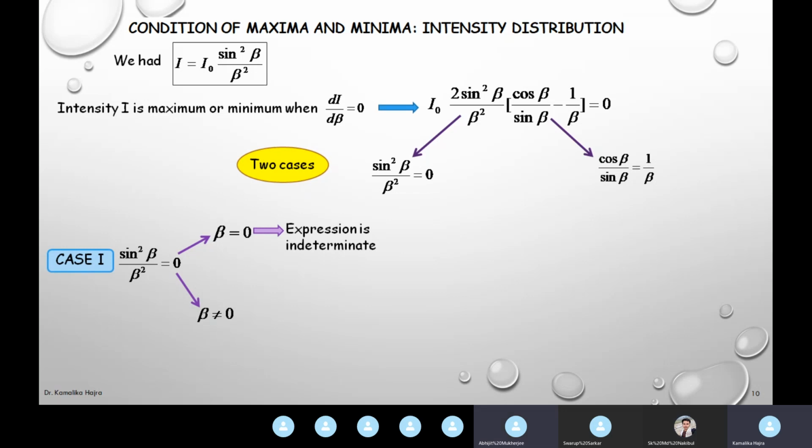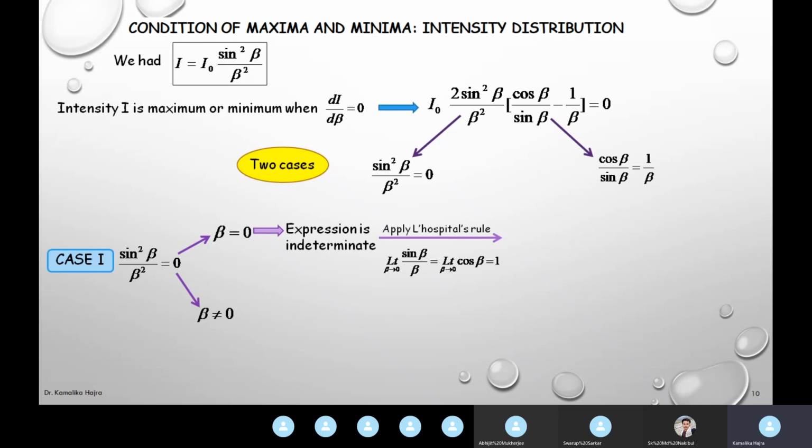Yes, L'Hopital's rule. When we have a 0 by 0 condition, undetermined, not determinable, yet it is a physically possible condition, then we apply the mathematical rule of differentiation known as L'Hopital's rule. Actually, the spelling is L Hospital, but the pronunciation is L'Hopital. He was a French mathematician. So we apply L'Hopital's rule. What does L'Hopital's rule say?